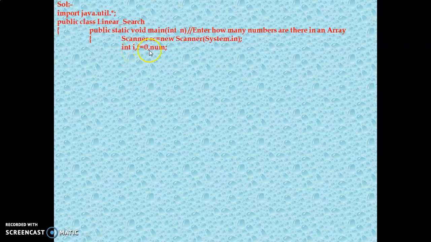We are searching for a number, that's why we take one num variable for searching a particular number, which we will take from the user just after. And then this is one flag, flag equal to 0. I will explain the use of that later on.